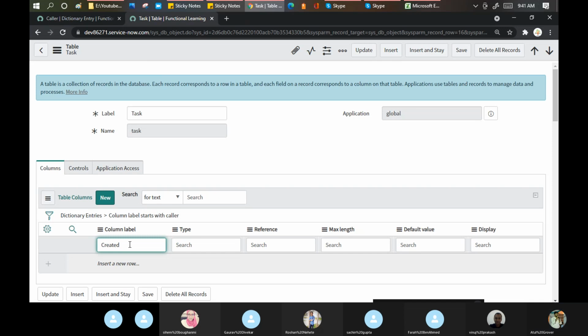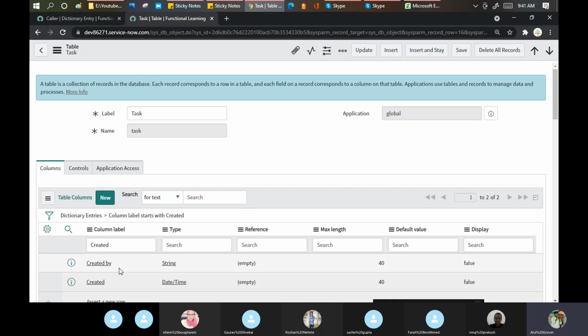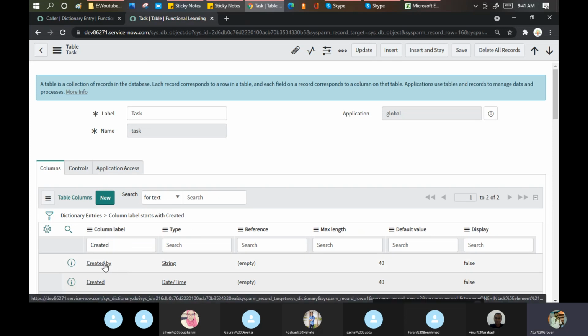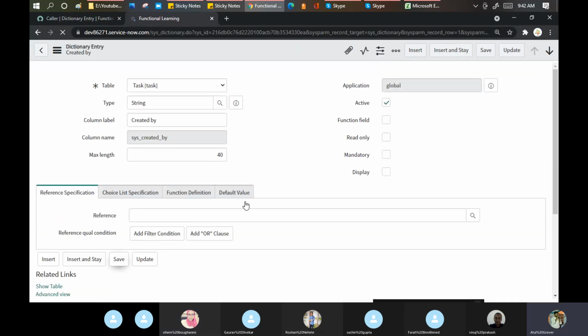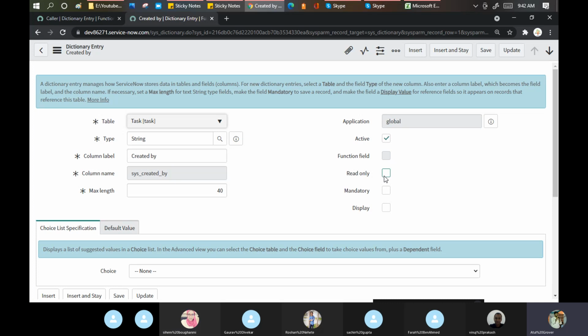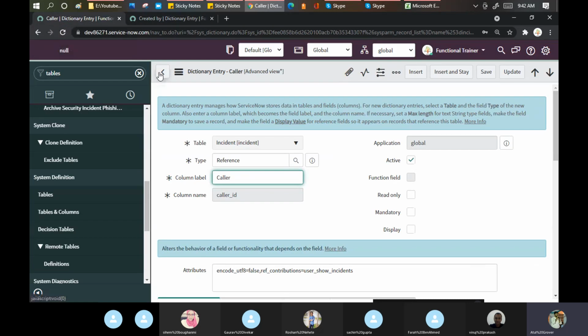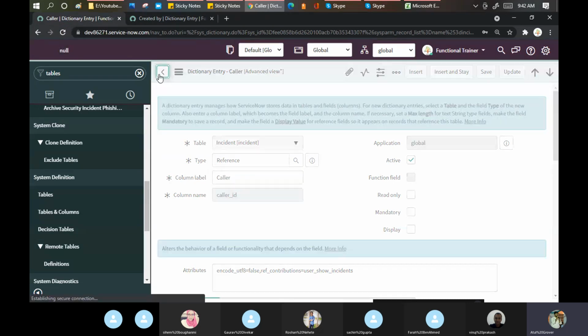Created. Okay, created by. Created by field is created into the task table. And if you see the property of this particular field in the task table is that it is not read only, neither mandatory nor display. But now if I go here and search for the created by,